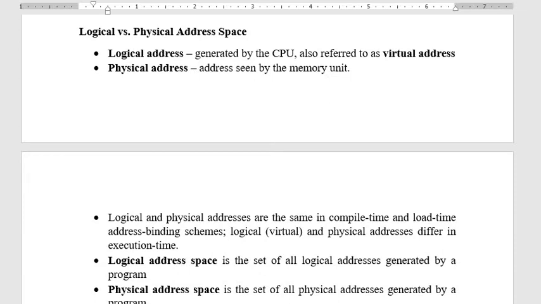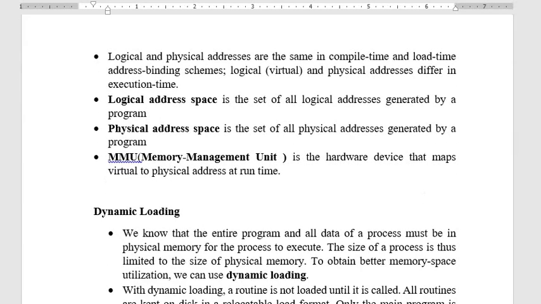You need to remember, whenever you execute the program, the address generated by the CPU is known as the logical or virtual address. Whatever address you can see in the physical memory device is known as the physical address. The logical and physical addresses are the same during compile time and load time address binding schemes.